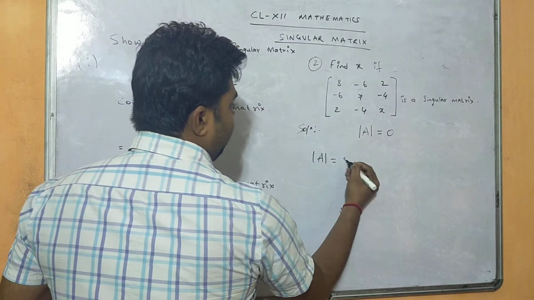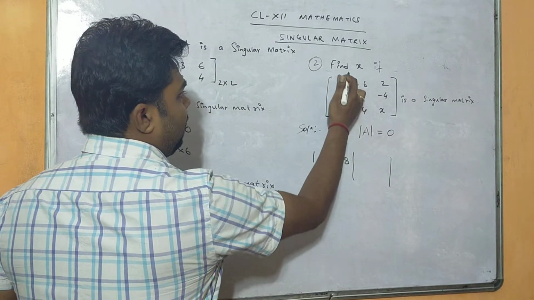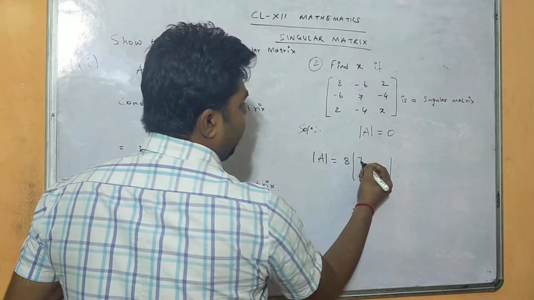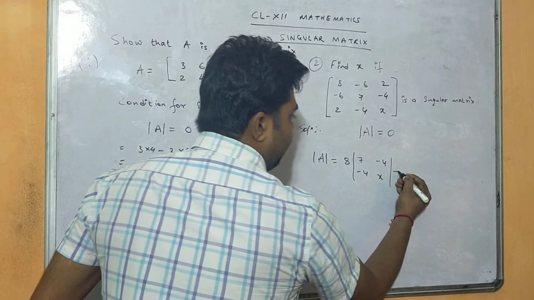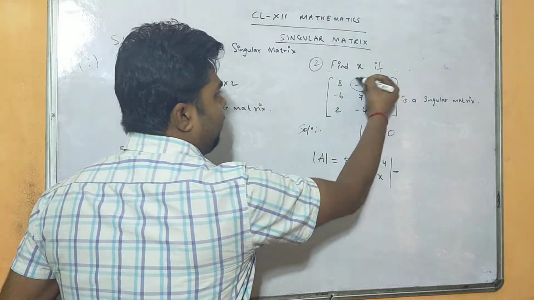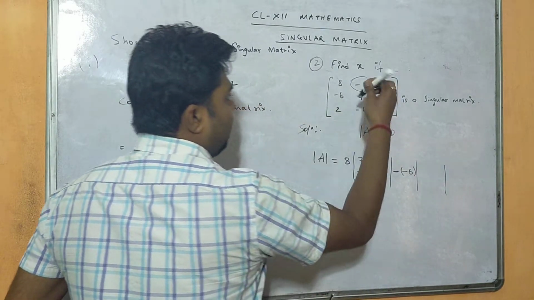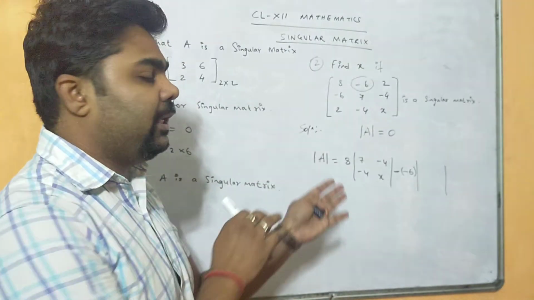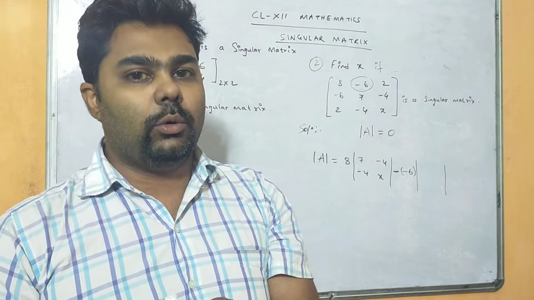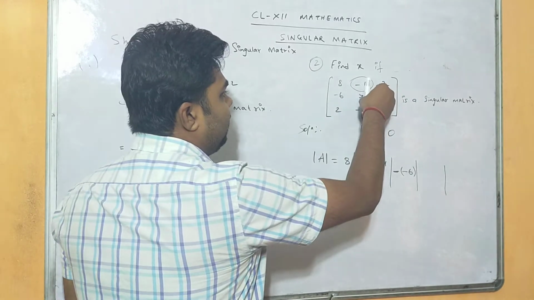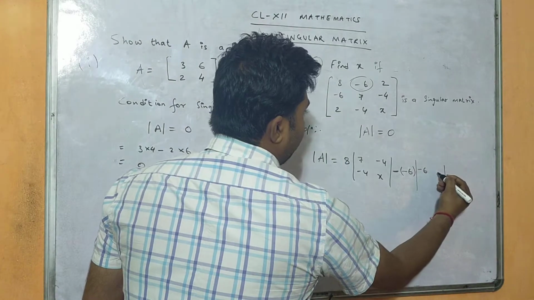So for mod A, first we will consider A11, position 8, and we will find the minor for this element. So if you hide the corresponding row and column, we will be getting 7 minus 4x, right? Next we will be taking minus as per the formula. Then what element we have here? Minus 6. This minus 6 within the bracket, again the minor of minus 6. When I say minor of minus 6 or minor of a particular element, that means for that element we have to hide the corresponding row and column. Like for minus 6 we will be hiding this column and this row. So the elements left will be placed in the matrix.